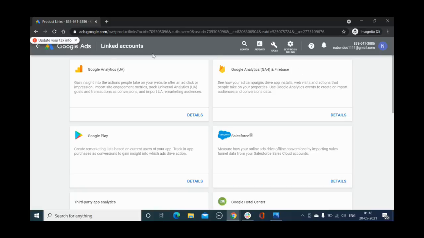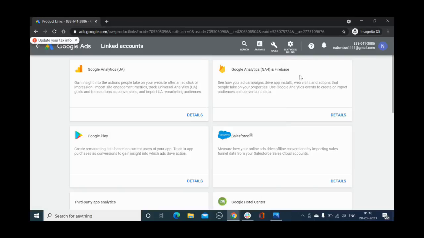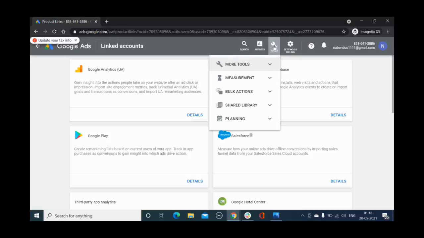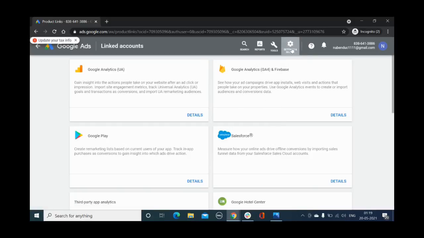Okay, so this is how you set up the Google Ad account, and you can explore different tabs here. You will find how to use Google Ad account if you spend some time creating or understanding the Google Ad account. Here you have the tools option. You can go through different pages and read about it.